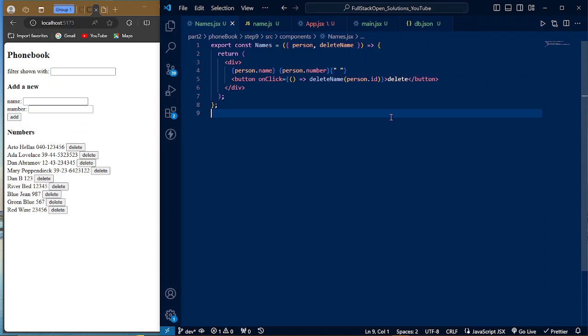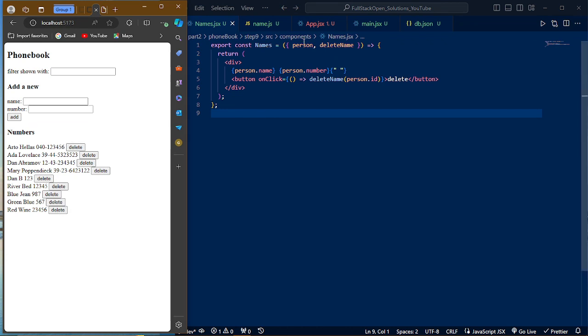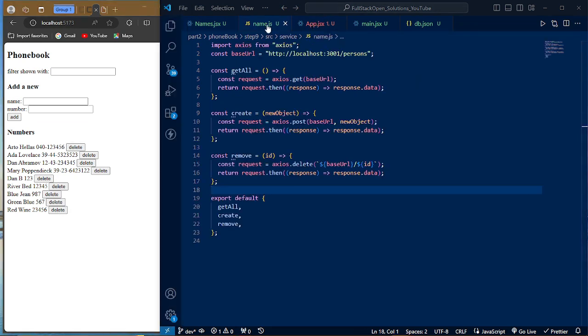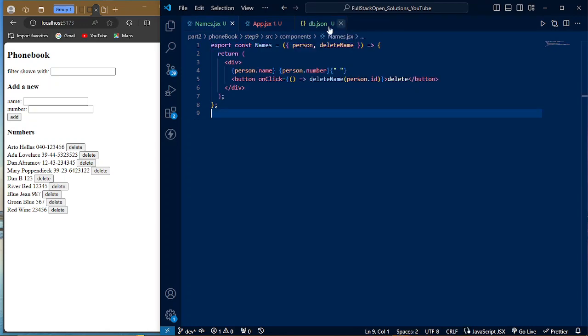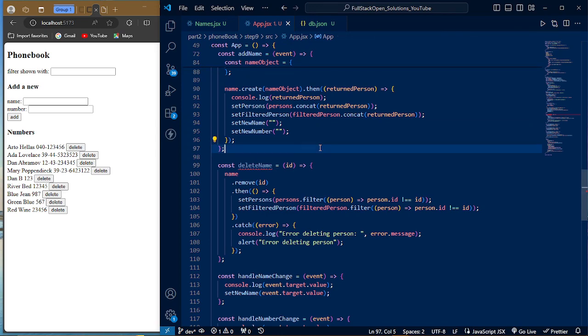So let's save this. Saved. At this point, if you click on the delete key, nothing happens. So the next thing we want to do is we go back to the app.jsx, because there are a lot of things. We no longer need this names.js. I think we can just close this part so we don't get ourselves confused. Let's close this. Let's close main.jsx. Okay, so we are left with these three files. All right, coming back to the app.jsx,